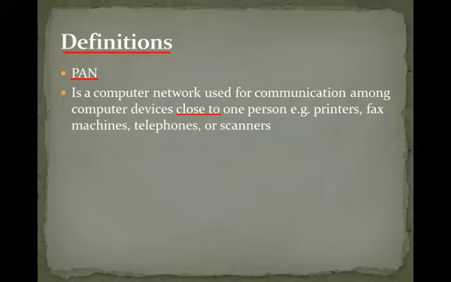Now because we are talking about personal area network, something personal, it is something small, and to show the smallness of the network itself, you should show by saying it's a computer network used for communication among computer devices, because these are computer devices connected, of course, but you should be able to show that the connection is close to one person, and you should give examples: a printer, fax machine,